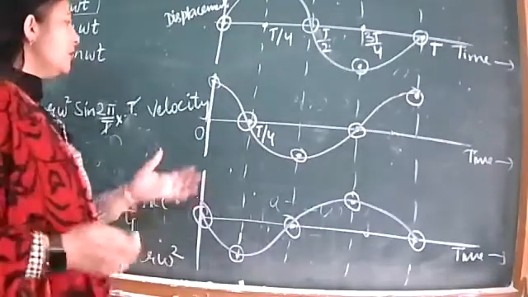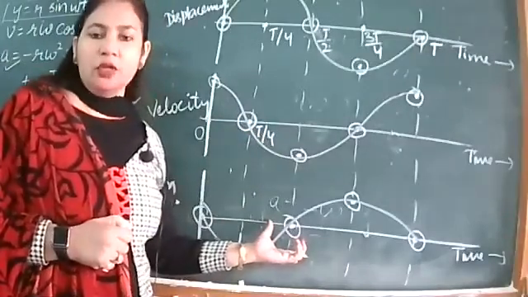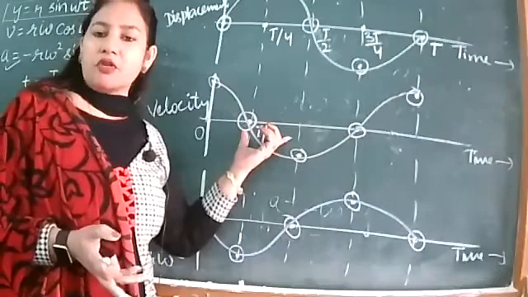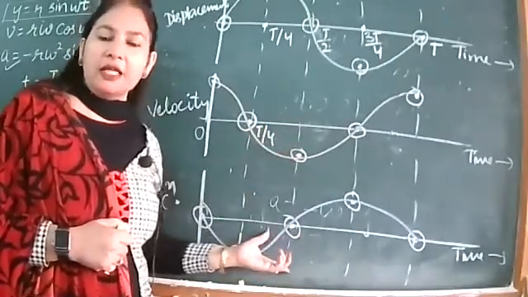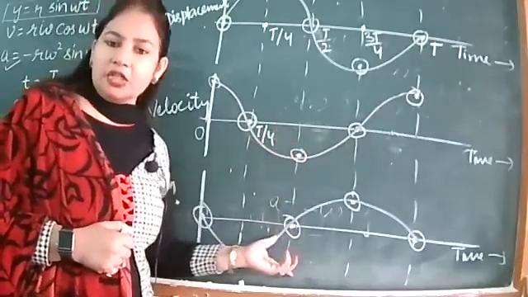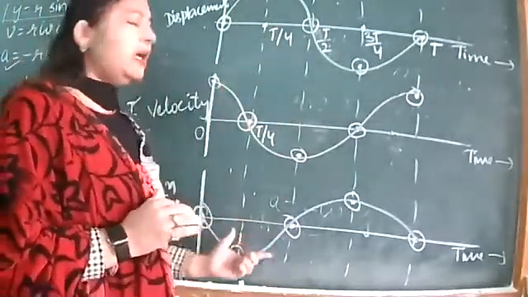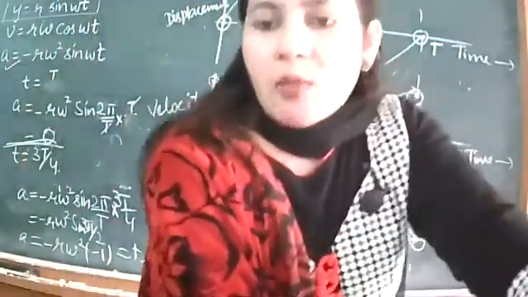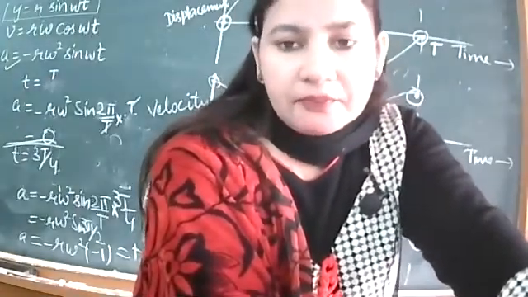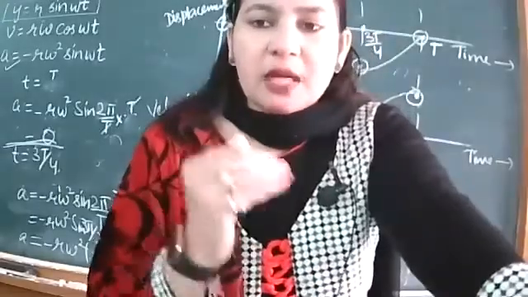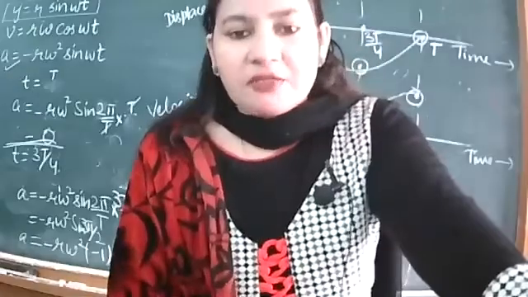So if we talk about the phase difference between velocity and acceleration, that is again pi by 2. Velocity is represented in terms of cosine and acceleration in terms of sine. So again, there is a phase difference of 90 degree between velocity and acceleration. But if we see the phase difference between displacement and acceleration, who will tell me? I told you that between displacement and velocity, the phase difference is 90 degree. Between velocity and acceleration, again, the phase difference is 90 degree.